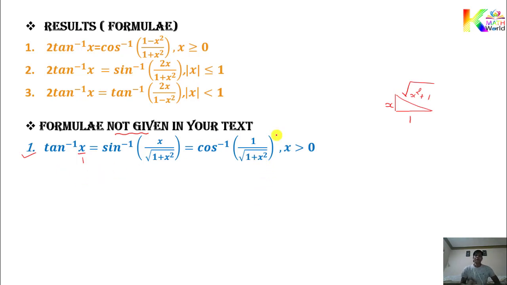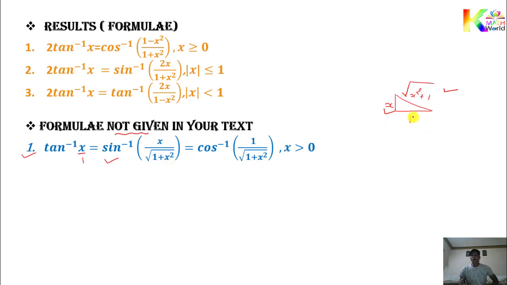Okay, now I want to write this value in terms of sine, then in terms of sine inverse. Here inverse is there, so every time you have to put the inverse function. If you want to write in terms of sine inverse, what is the formula for sine? Opposite over hypotenuse. So this is your opposite value and this is your hypotenuse. So you got opposite over hypotenuse, it means x over 1 plus x.